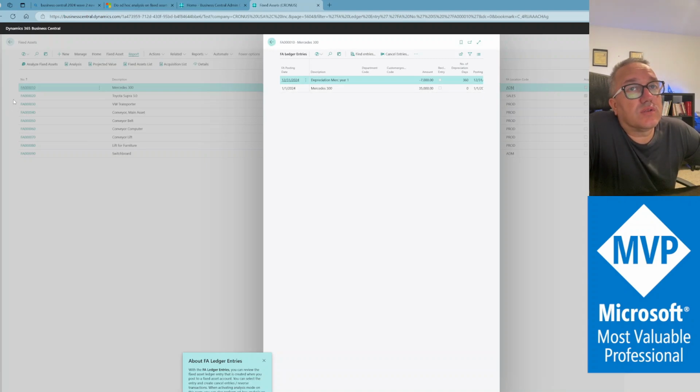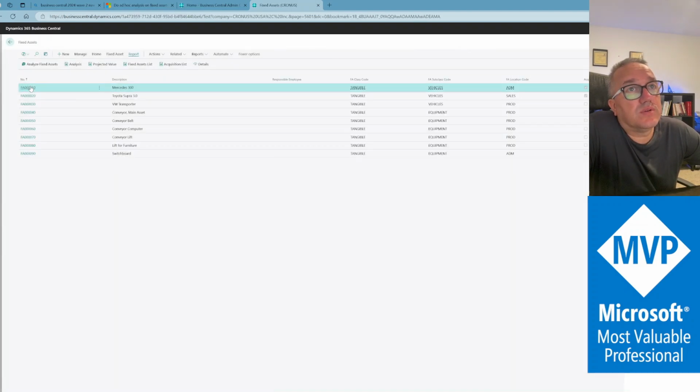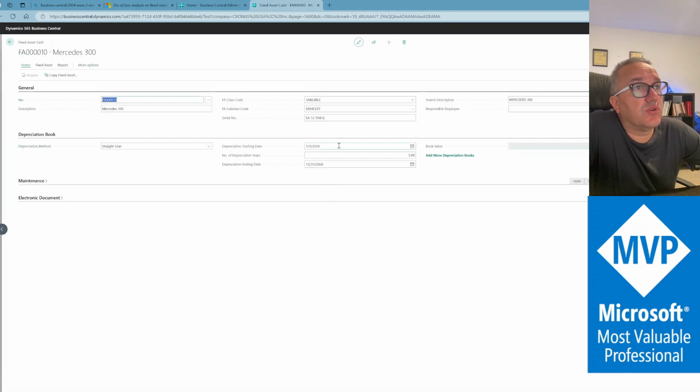If we look at how we set it up, we set it up to start depreciating on January 1st, 2024. The depreciation is for 5 years, and the depreciation will end on 12/31/2028. And that's what we did for